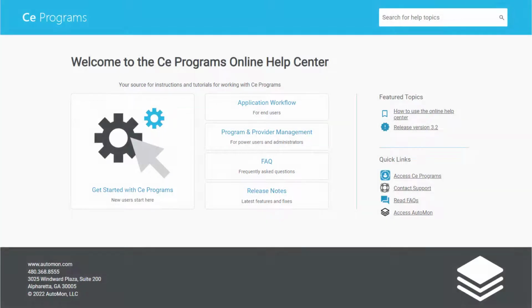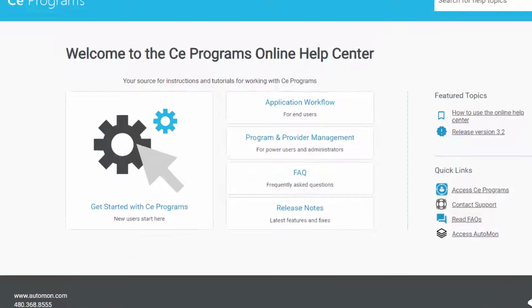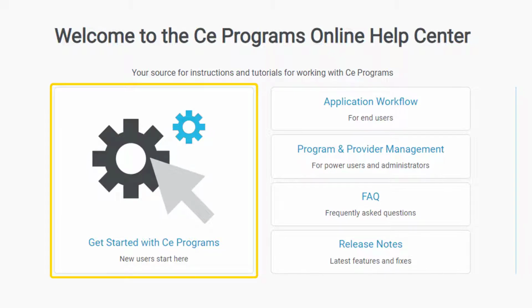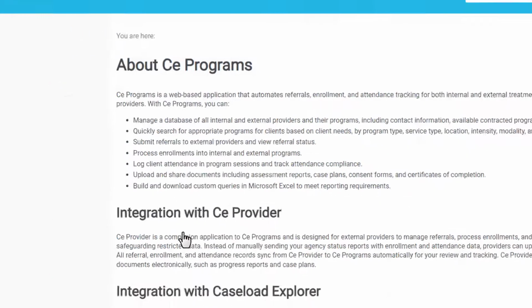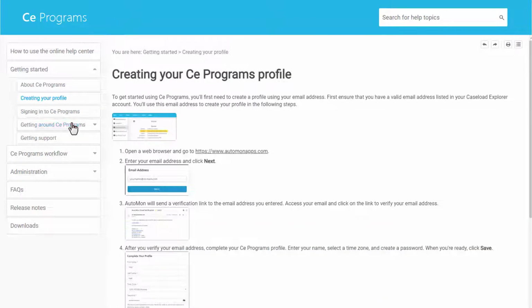We've organized the help topics into collections that you can browse from the home page. Simply click on one of the collection cards to read the topics in that collection. If you're a new CE Programs user, we recommend you check out the Get Started with CE Programs collection. These topics introduce you to CE Programs, walk you through creating your profile, and show you how to get around